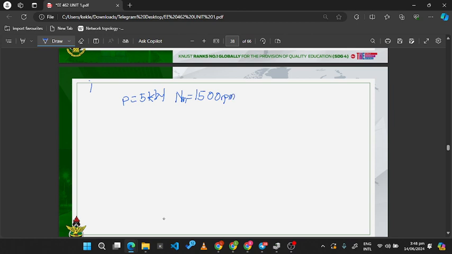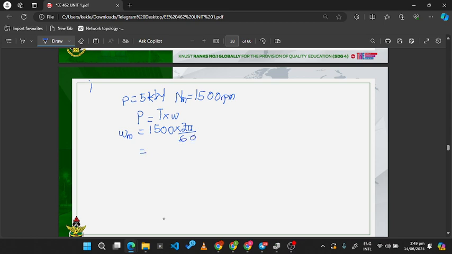And then we know the formula for the power of a motor is given by the torque times the speed, but this equation is only true when both torque and speed are in their SI units. So the torque is in Newton meters, and the speed is in radians per second, but the speed we've been given here is in rpm, so we have to convert that to radians per second first, and that's given as omega m for motor, which would be the speed in rpm multiplied by 2 pi over 60,